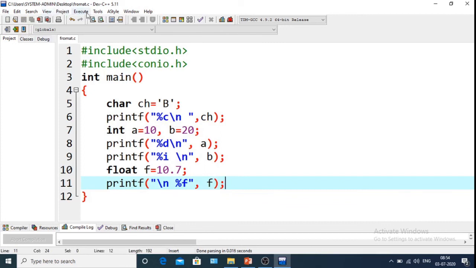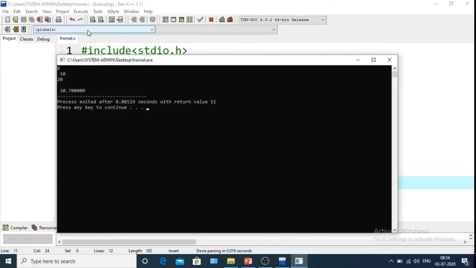Saving it, compile and run. As you can see, it took 6 values after the decimal: 1, 2, 3, 4, 5, 6. By default it will take 6 values after the decimal.